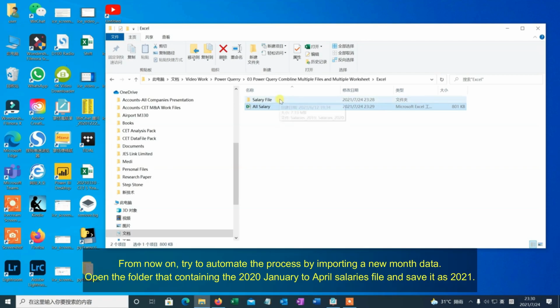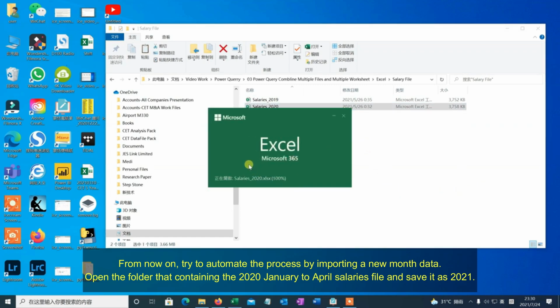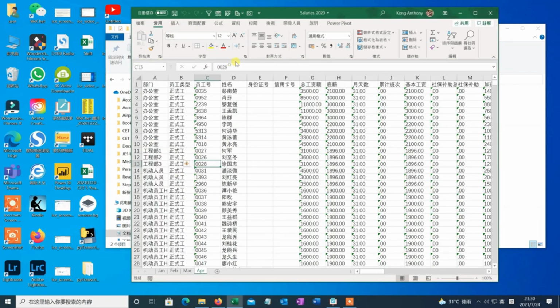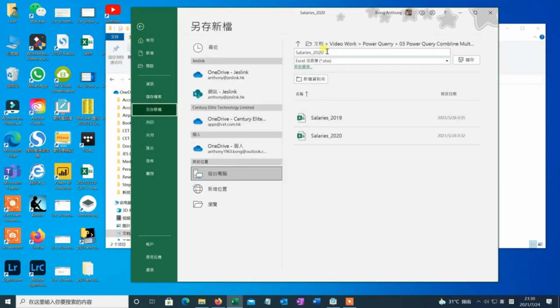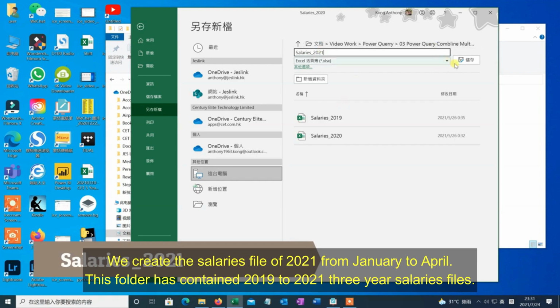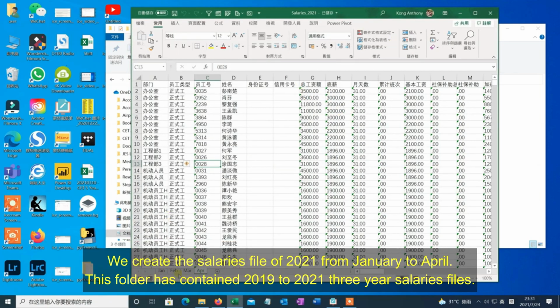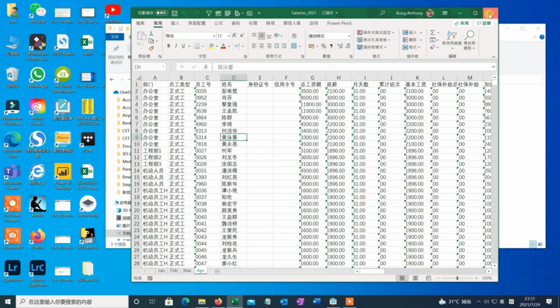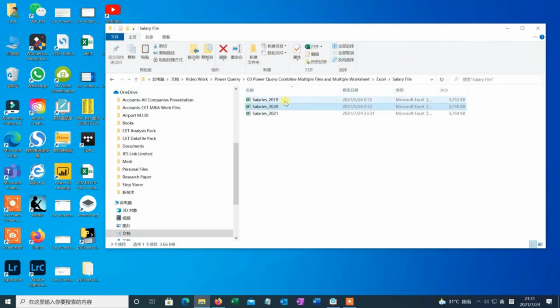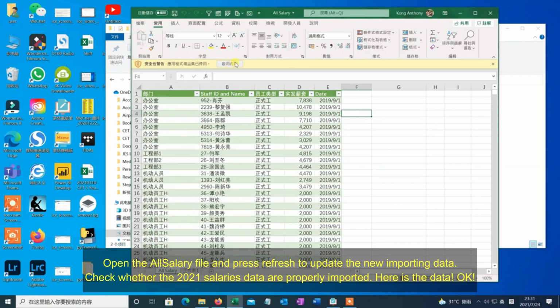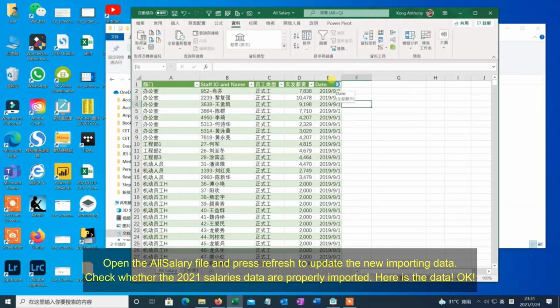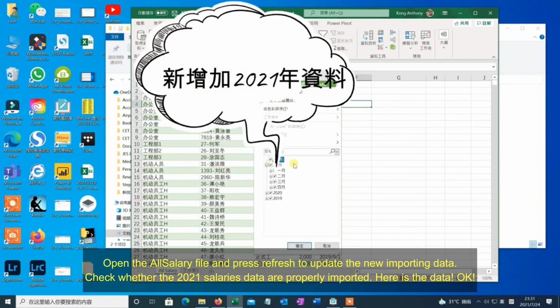From now on, let's try to automate the process by importing a new month's data. Open the folder containing the 2020 January to April salary files and save them as 2021. We create the salary files of 2021 from January to April. This folder now contains the three years of salary files, 2019 to 2021. Open the All Salary file and press Refresh to update with the newly imported data. Check whether the 2021 salary data is properly imported. Here is the data. OK,